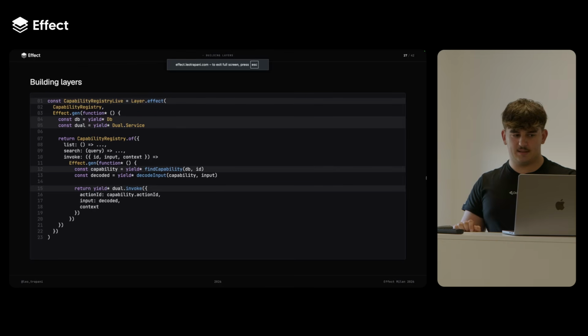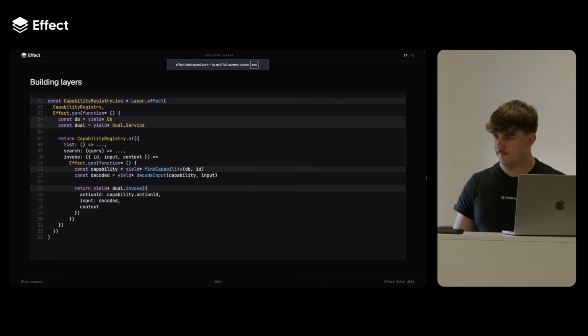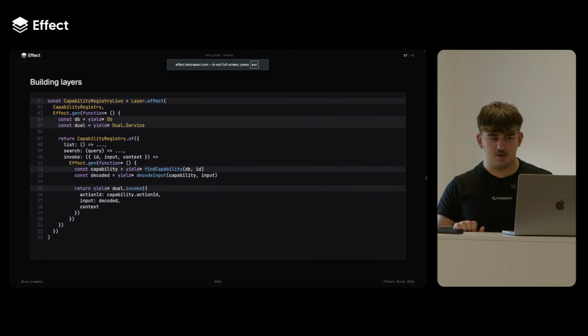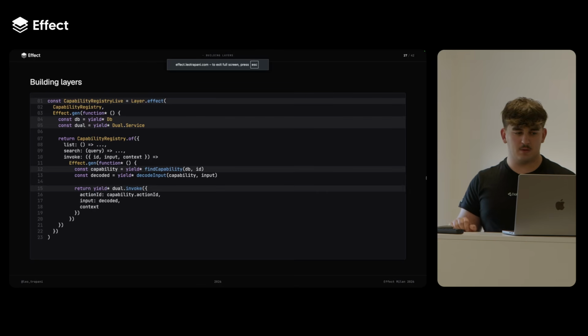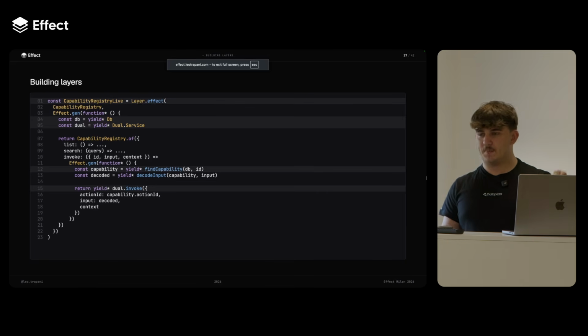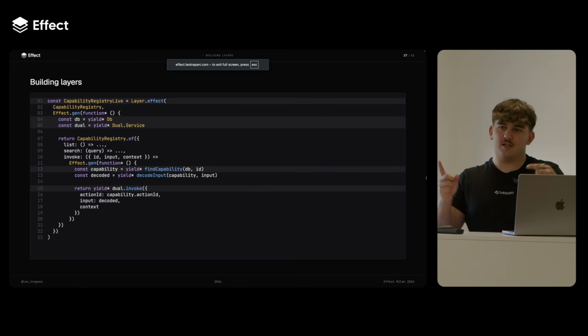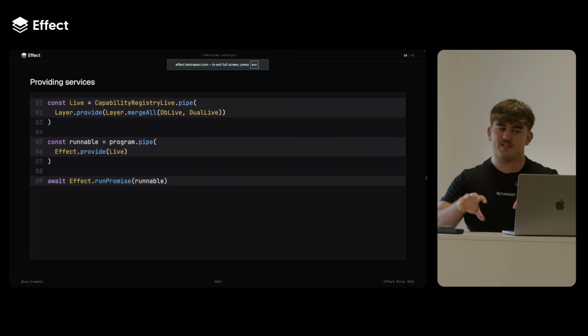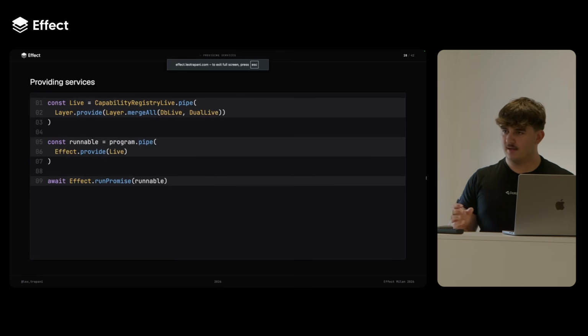Layers, first of all, declare the actual implementation. They just take the actual methods and declare the implementation. And second of all, they can merge and use other services. As you can see here, this layer uses a DB service, for example, and a dual service, but let's not focus on that. Through the database service, it means that automatically, to use this specific layer, you need to actually also give the database layer. And you just compose them through a very clean API, which is so easy to look at and understand where things are provided and where dependencies are given.